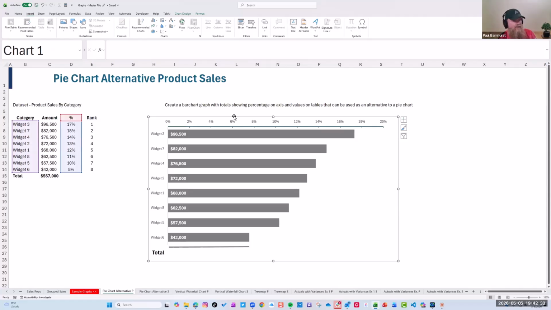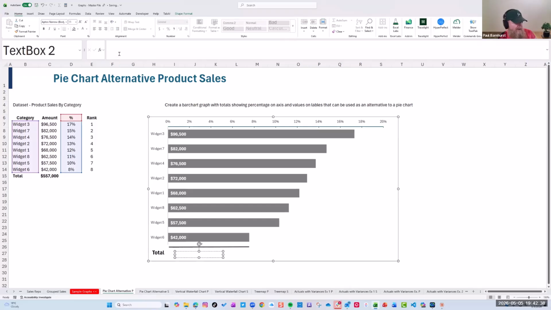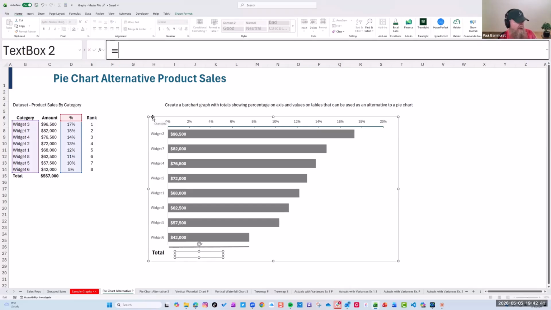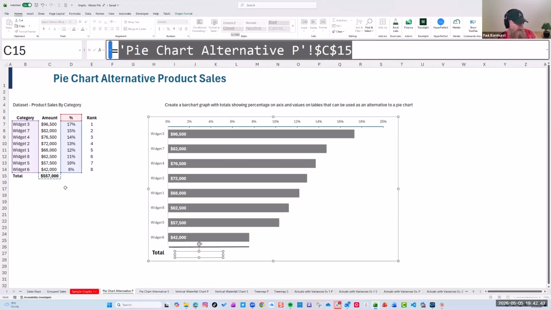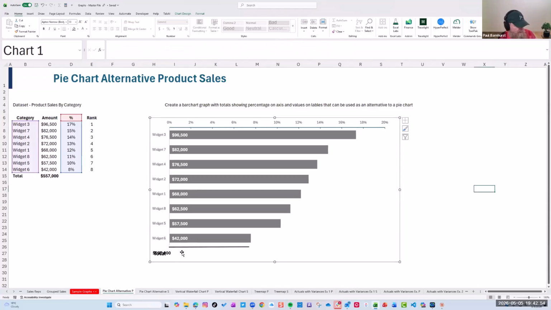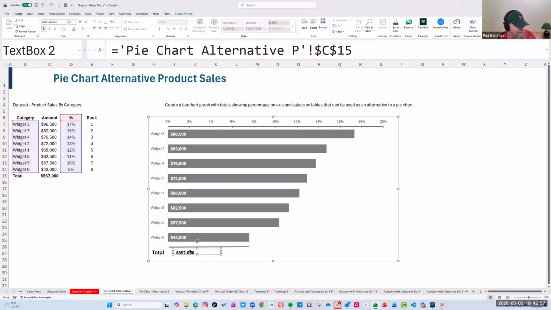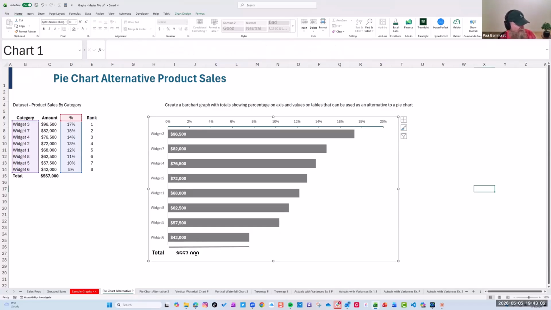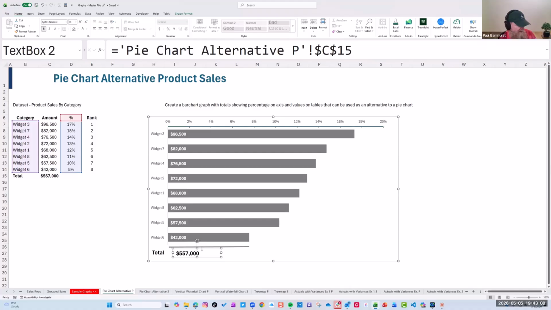Then the last thing we want to do is insert a text box, but we want to use a formula here. So what we're going to do is set our text box equal to our total, and then we can line it up, make sure it's the same size. So I think we use 14 font there. So let's make sure, oops, that's not what I wanted to do. We'll just click in our box, highlight everything, come up here, make it size 14. And then, I got to make that just a tad bigger. And